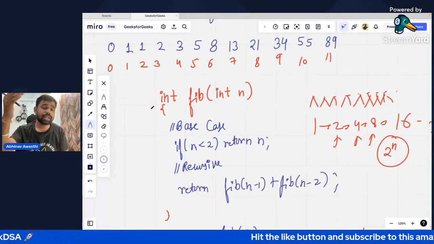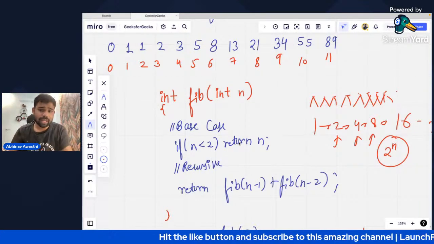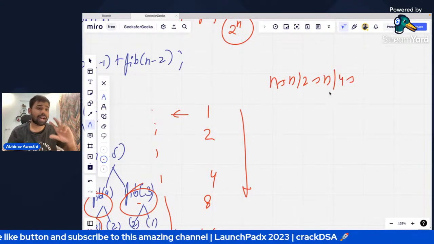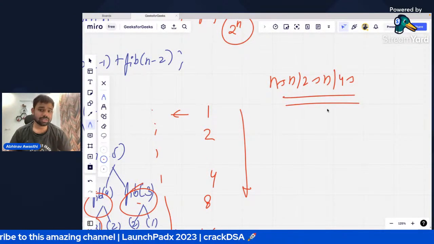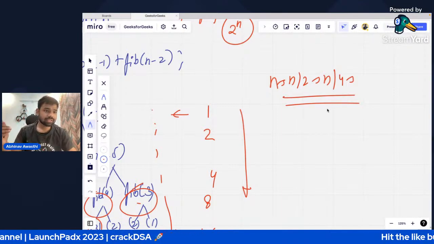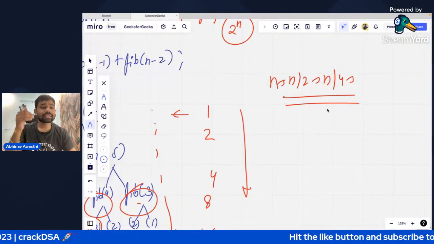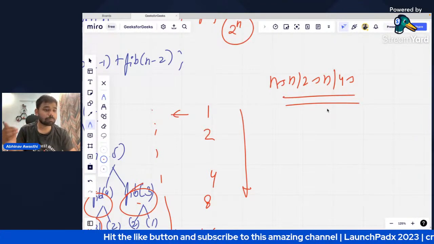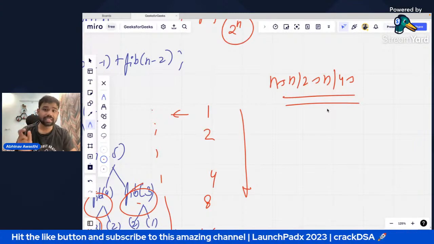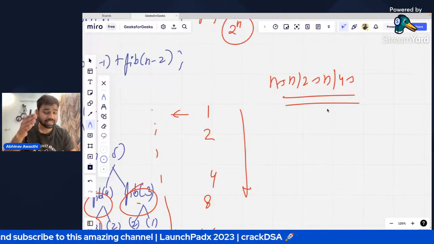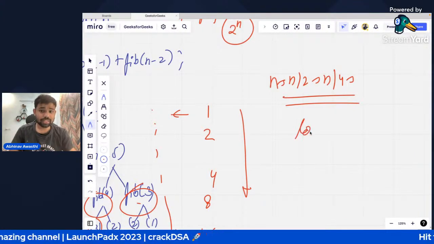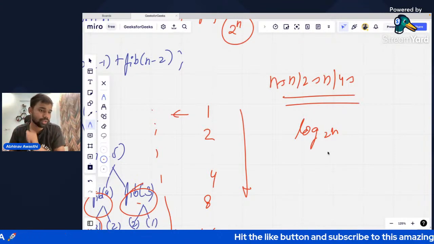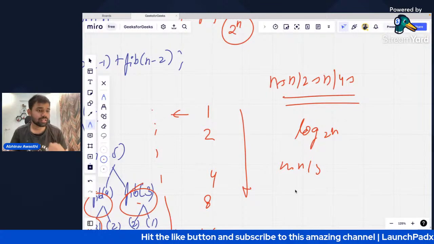And when the value decreases, when the value becomes n, then n by 2, n by 4. जैसे कि बाइनरी सर्च में क्या होता है, in binary search what happens is that the size of the array decreases. So guys, in that particular case, when we are having binary search, the size decreases, and when size decreases guys, वो होती है log of n. And decreases how? It becomes half. N by 2, n by 2, n by 2 means log of 2n. Let's say n by 3, log of 3n, like that.